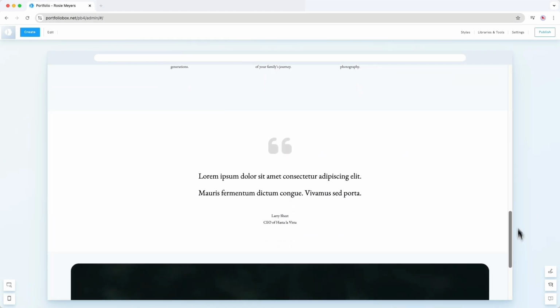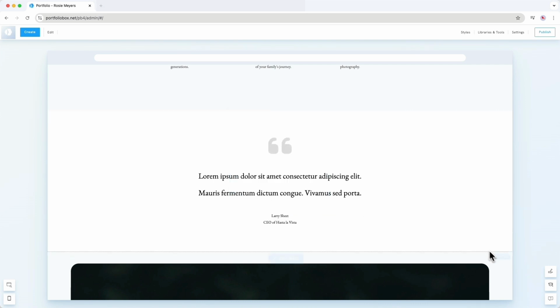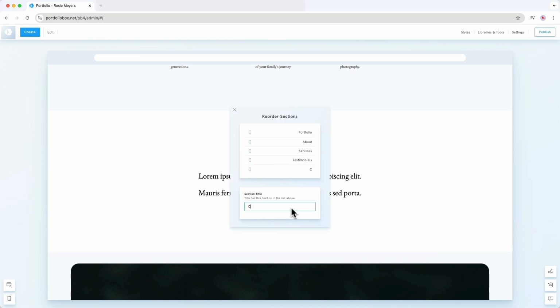Finally, we'll rename the last two sections. We'll call them Testimonials and Contact. Renaming sections is optional, but it's helpful when you're managing a lot of content and want to know which section is which at a glance. And that's it. In just a few simple steps, you can rename and reorder sections to customize your page layout